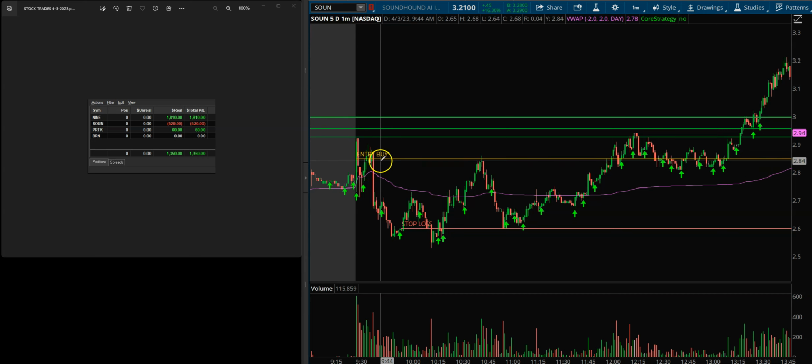And I had 3 targets. I had target number 1, number 2, number 3. You can see it almost hit target number 1, but I wasn't in it yet, because once it started taking off, it went so fast, it pulled back. It had not hit my target, and that's why I decided to go ahead and get in at the entry point. So I went ahead and I entered on SOUN, waiting to hit 3 targets,